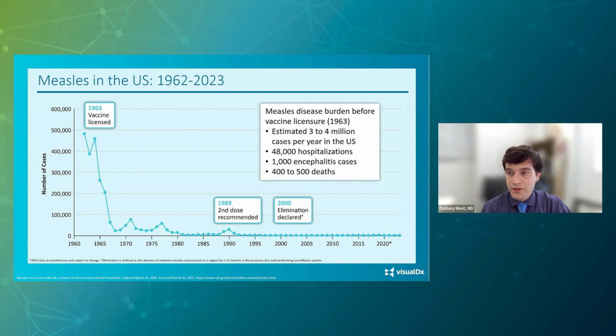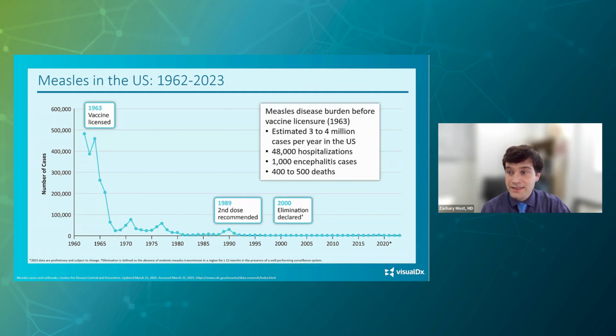You'll notice in this graph that shows cases over time that there was a dramatic and sharp decline in measles cases that started around the mid-1960s. And it's really not a mystery as to why. This was when the live attenuated measles vaccine was licensed and started to be used. For the next 20 to 30 years, you can see that measles cases were dramatically reduced, although measles was still present in the United States.